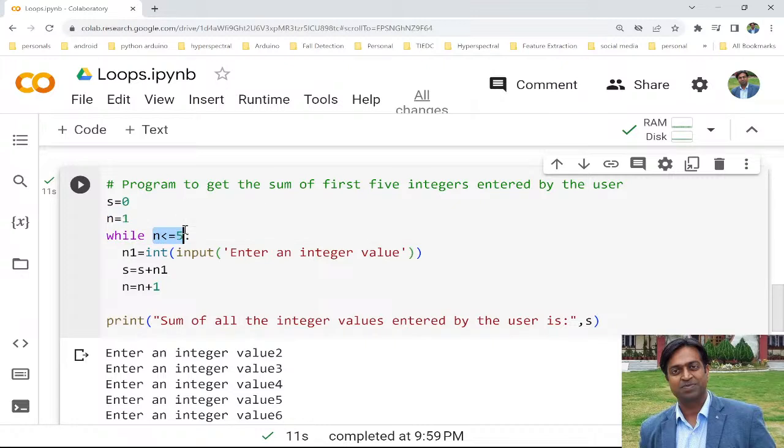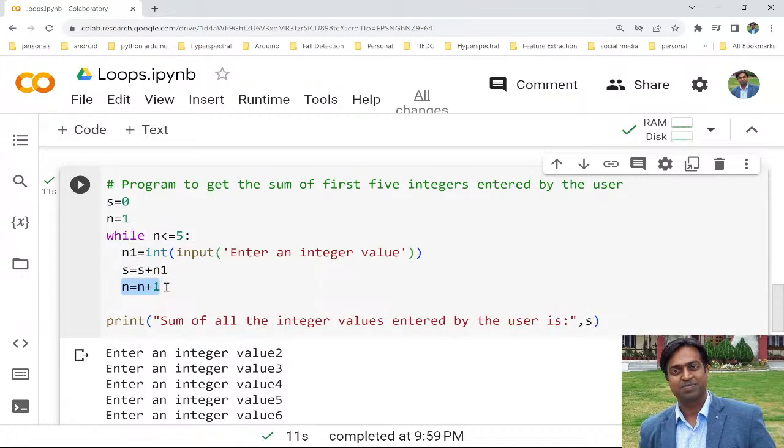When n is 6, this condition becomes false and we come out of this loop. Inside the while loop, we ask the user to enter the integer value. The entered integer value is added to the scoreboard s, and then the value of n is updated. So in this way,